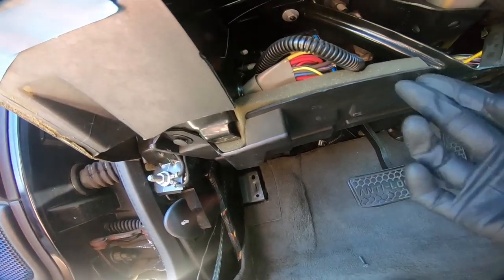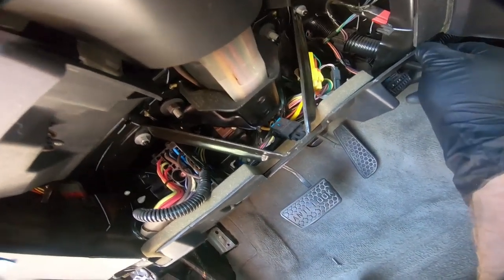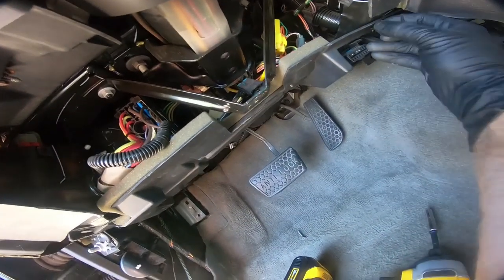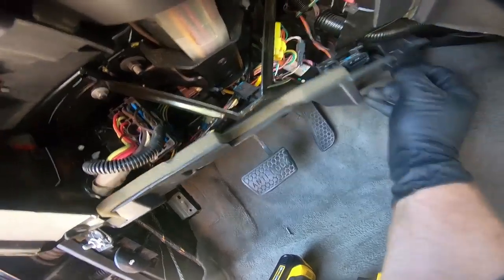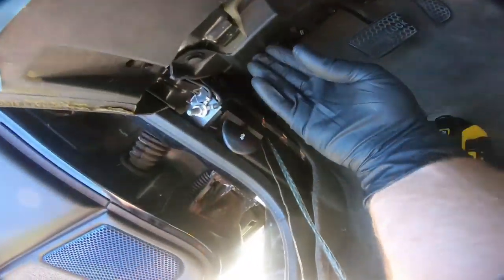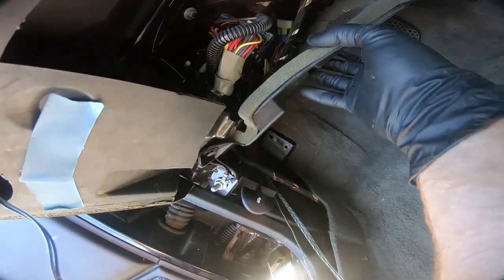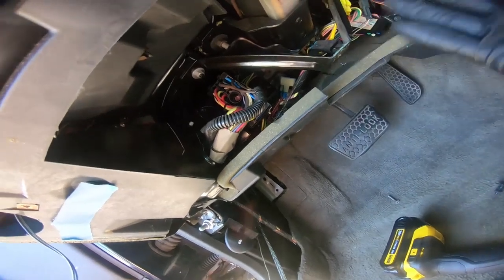Now we do need to get this plastic column out of the way. There's just a couple push clips in either side of it, and it should come out of the way. I can get this one out by hand because it was part of the way out, but the other side we're going to have to go get my clip remover because it's not far enough out. But we'll get this out of the way, and then we'll be able to start tackling some of the wiring